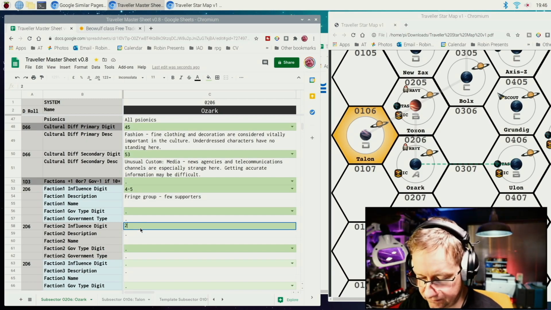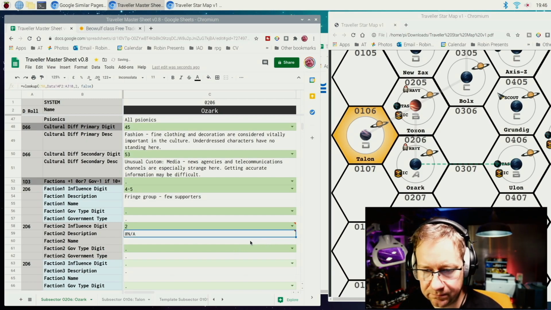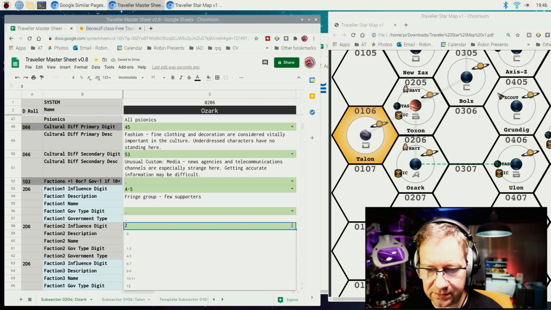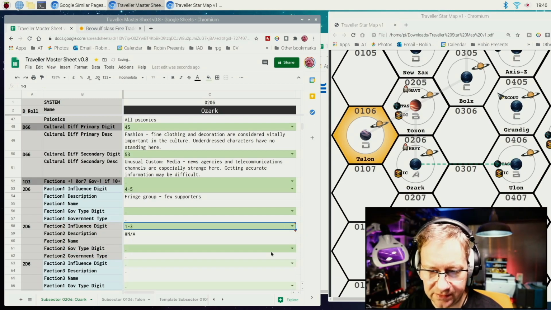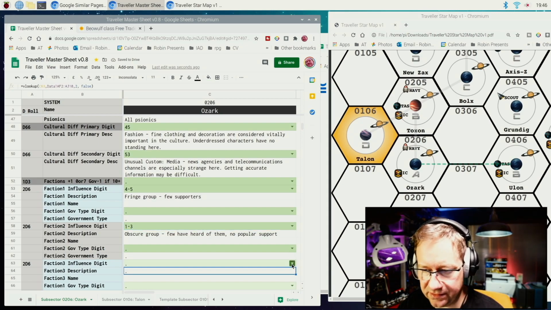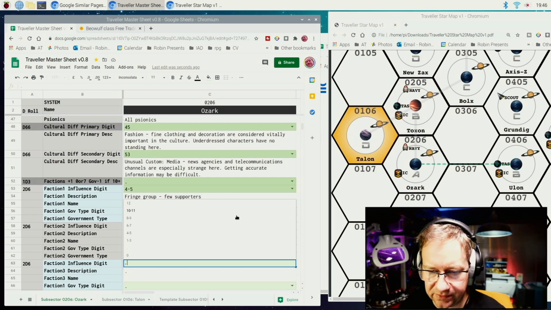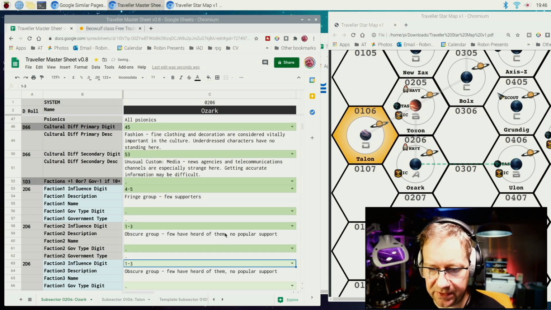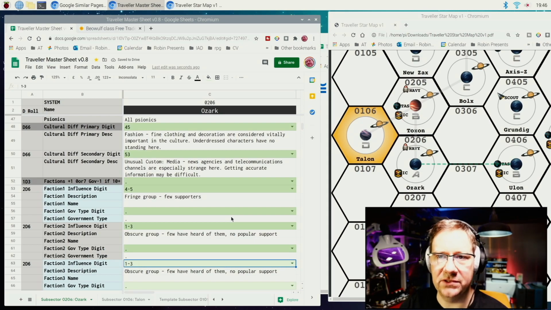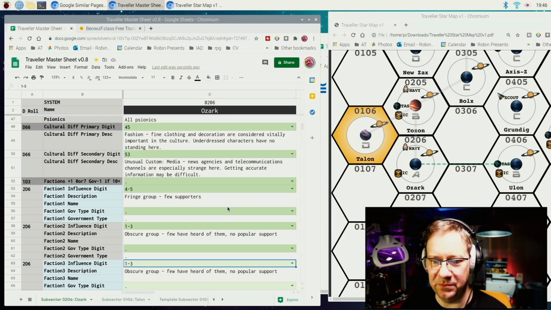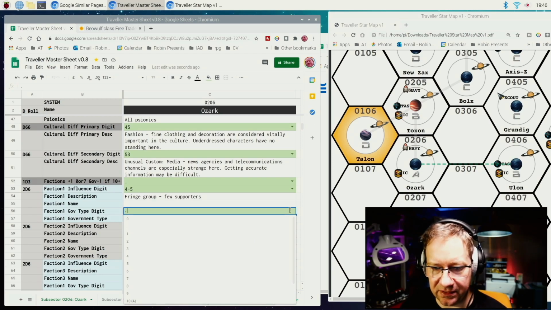Fringe group. Oops, didn't like the 2. Oh, it's 1 to 3. And then the last one is 1 to 3 as well. So basically small groups, small interesting little groups of people that are just maybe bubbling up from the fact that they've had this new set of laws imposed on them from an invading force that's come in and put them under control. But I do need to find out what the government digit is for these, which is